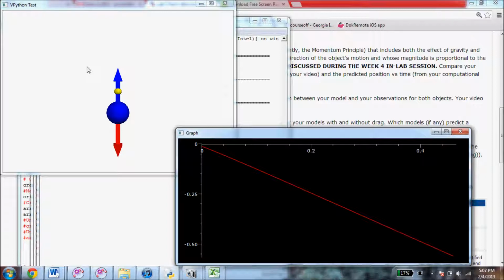That is because the object starts at a velocity, and depending on what that velocity is compared to the drag force and the constant of proportionality, it will speed up or slow down until it reaches that terminal velocity, and then it stays there. I happen to pick a velocity which was